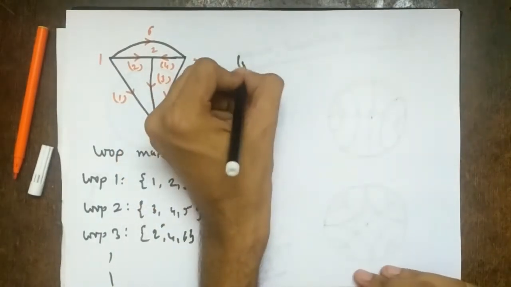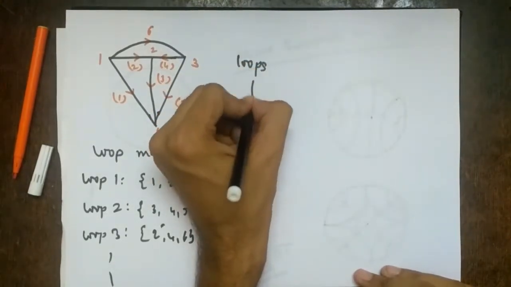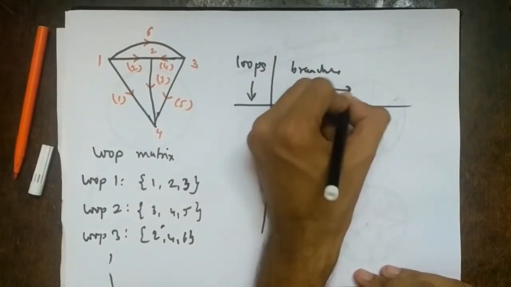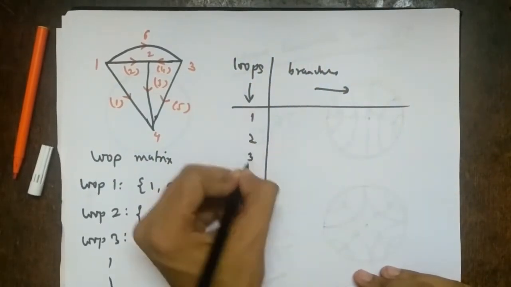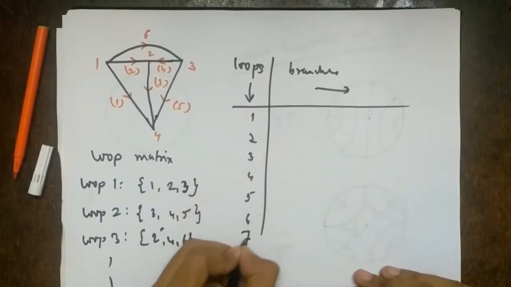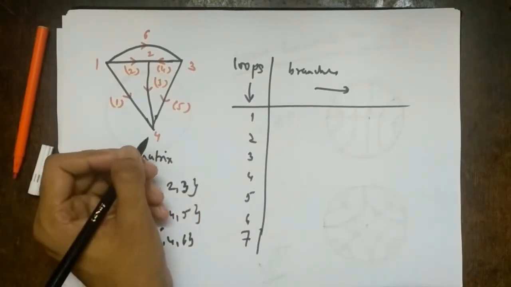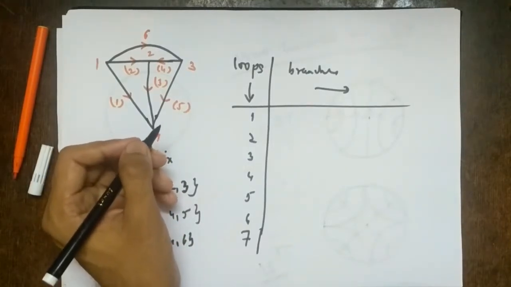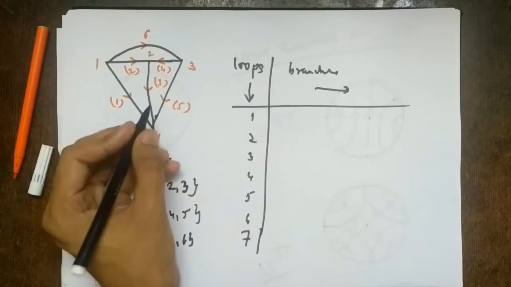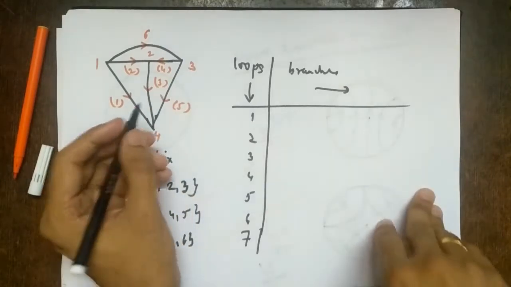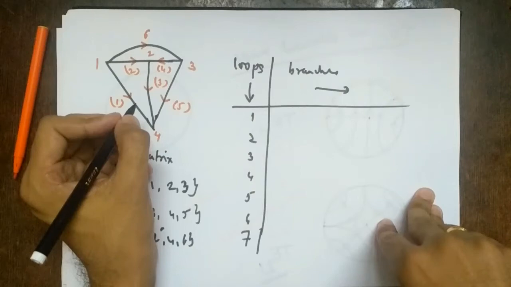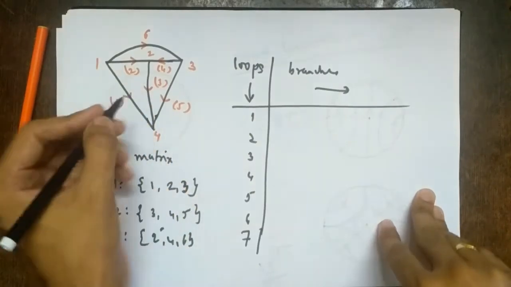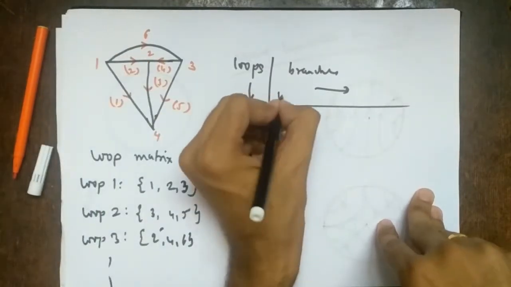So how did we construct the matrix? First we draw the loops which are given in this direction, and we draw the branches which are given in this direction. So 1, 2, 3, 4, 5, 6, 7. So we had done 7 loops for this. I'll draw the first 3, right? And how did we define it? So we said it is 0. So we always start with 0 for any matrix because it is simple. So Bij, the value is 0 if branch j is not in loop i, right? So how many branches are there here? 1, 2, 3, 4, 5, 6.